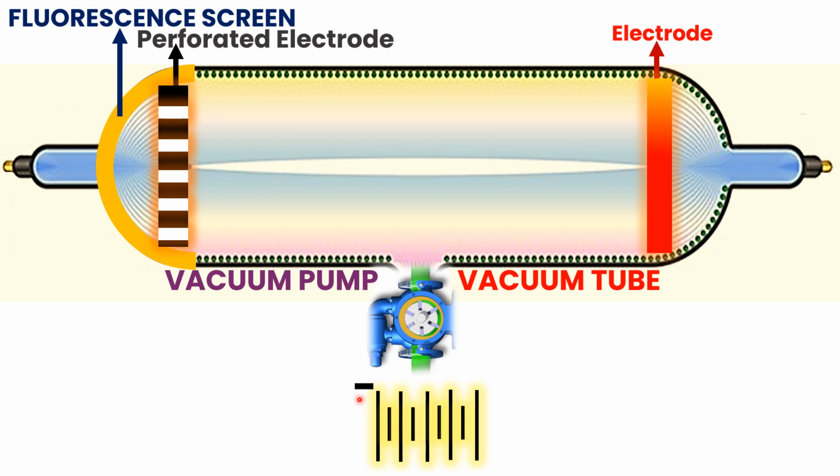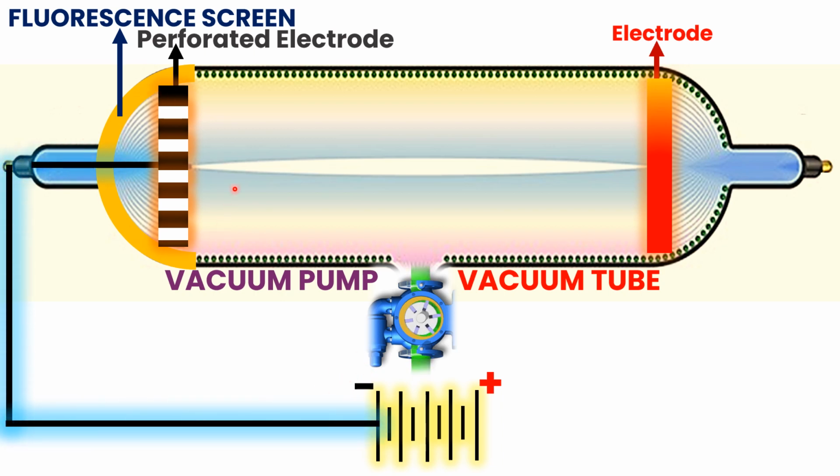It has enough electrons and it gives electrons, whereas the positive terminal of the battery is the electron deficient terminal. So it requires electrons every time; it basically sucks electrons from any kind of electrical connection. So now the electrode which is connected with the negative terminal of the battery